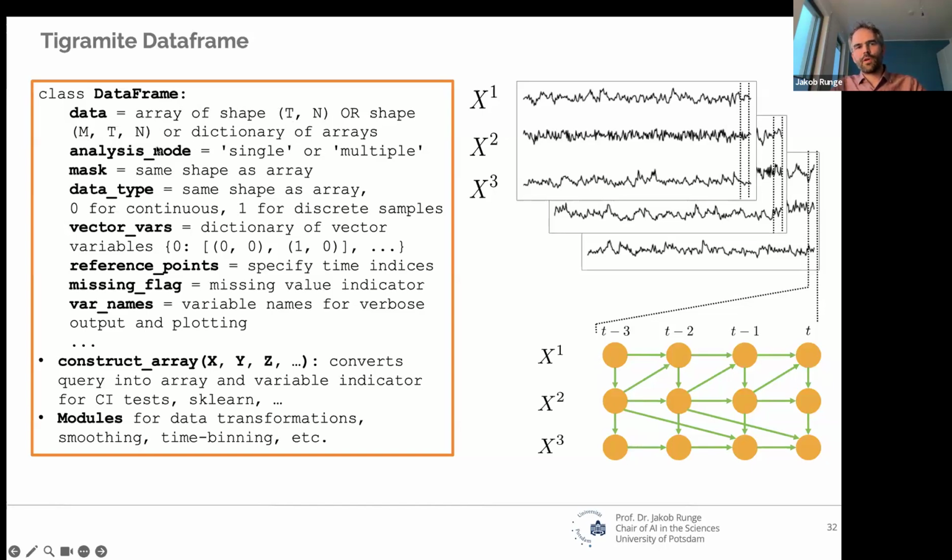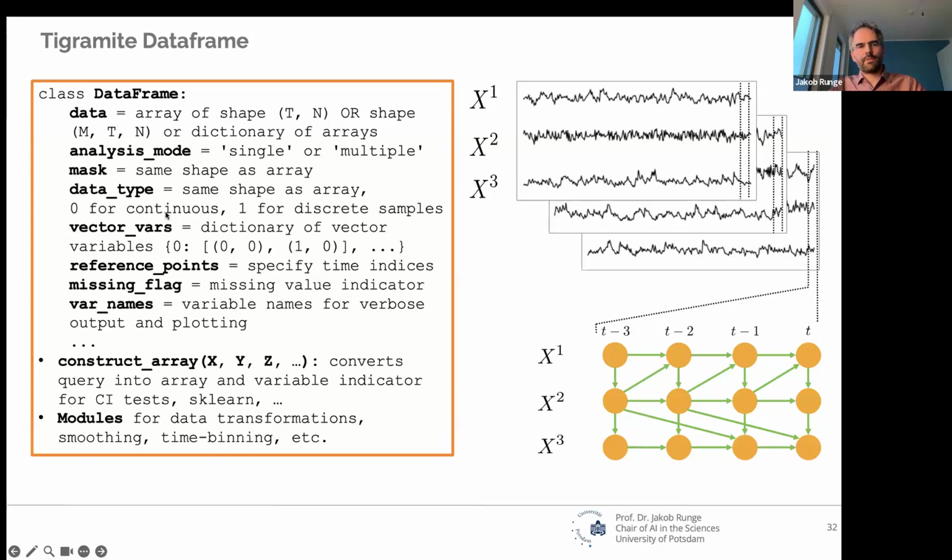And this leads to these two analysis modes of single or multiple data sets. You can also use a mask if you have samples that you don't want to use in a particular analysis, like summer and winter month is typical in climate science. You also have an array giving the data type. So it might give a different data type for even individual sample points. It's currently not much used, but why not in the future?